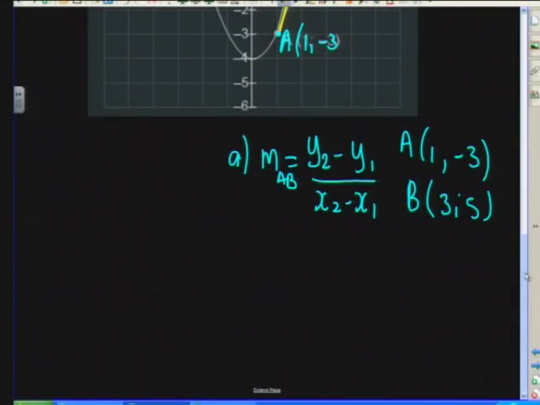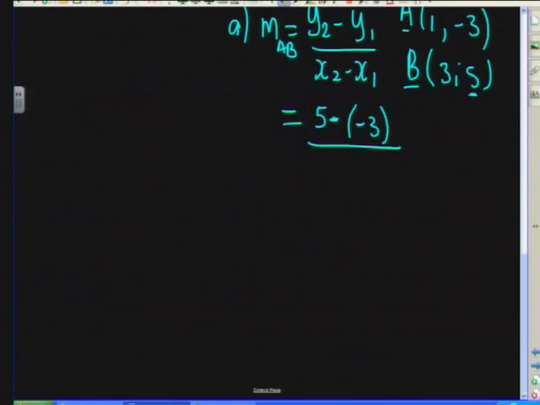All right. So now I'm just going to plug in the values straight from my coordinates. So I'm going to start with this one from B. So I'm going to say 5 minus, use brackets so that you don't get confused with your signs. So it's 5 minus minus 3 all over 3 minus 1. Minus times a minus is a plus. 5 plus 3 would give me 8, and 3 minus 1 gives you 2, so 8 divided by 2 is